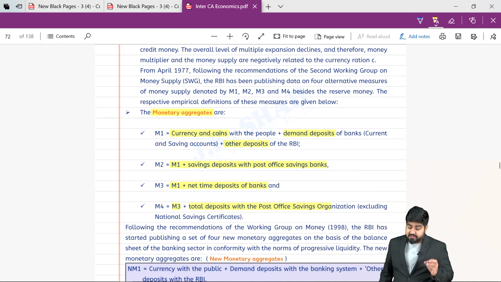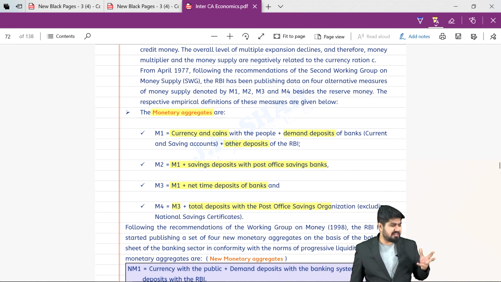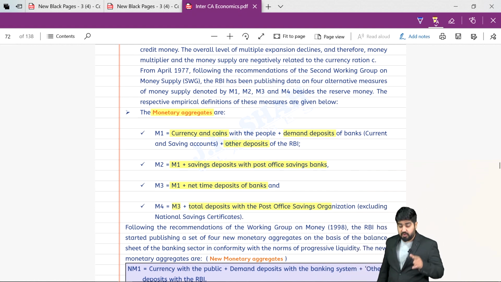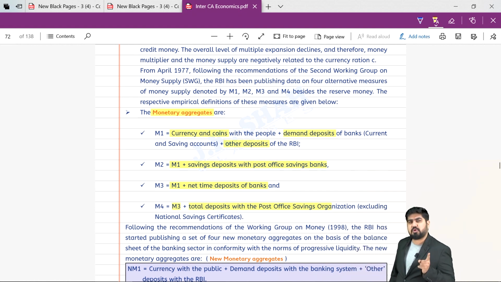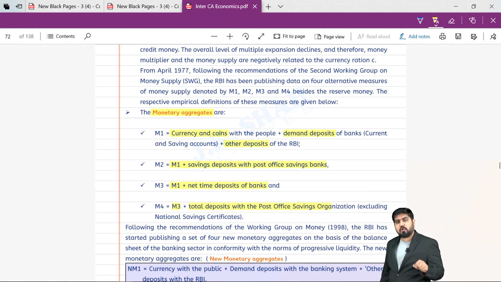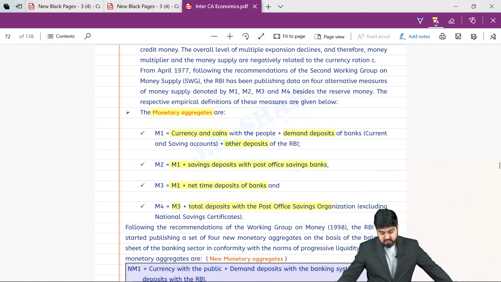Don't do that. There can be a numerical question also, students, where they will ask you to calculate M1, M2, M3, M4. In fact, students, just check out the July 2021 paper. In that also we have one question where they have asked us to calculate M3. Very basic, very easy, worth 3 marks. So this is an easy catch, in the marks section we can easily get maximum marks here. So that was about